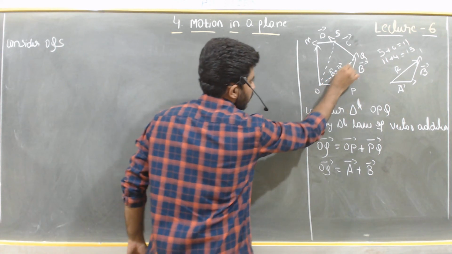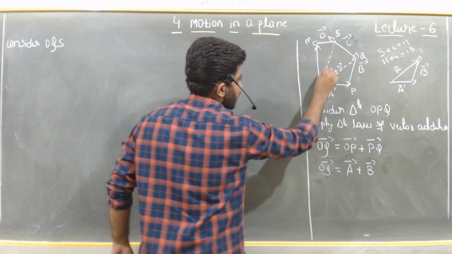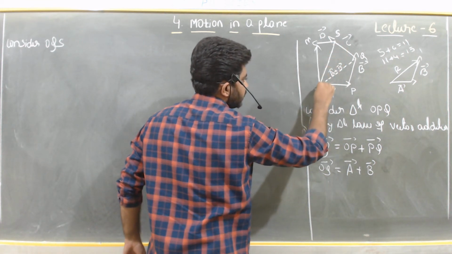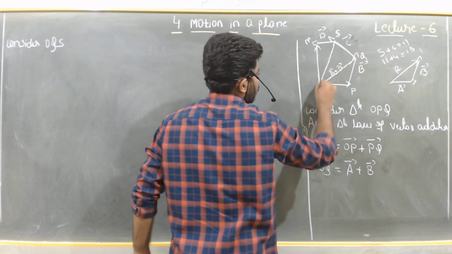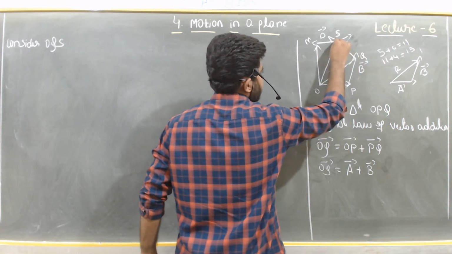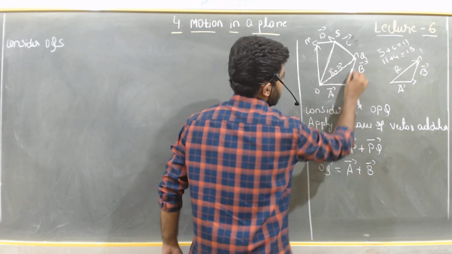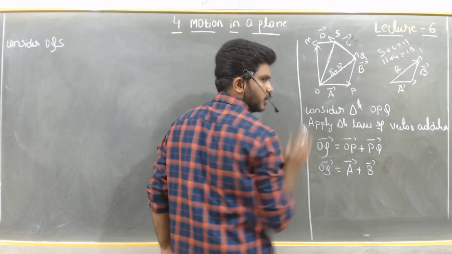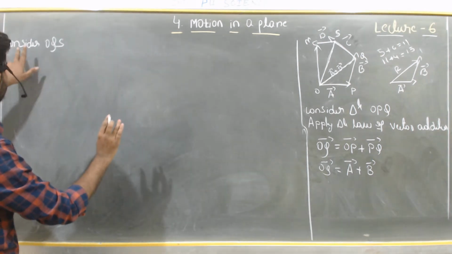OQS, and this is one triangle. Simply I will try here. ಹೌದ್ರಿ, ಇನ್ನೂ ಒಂದು ಟ್ರಯಾಂಗಲ್ ಆಯ್ತು ನಮ್ಗೆ ಇಲ್ಲಿ. ಯಾವುದು, O ನಿಂದ Q, Q ನಿಂದ S, S ನಿಂದ O. ಫಸ್ಟ್ ಯಾವ ಟ್ರಯಾಂಗಲ್ ಆಗಿತ್ತು, O ನಿಂದ P, P ನಿಂದ Q, Q ನಿಂದ O. ಅದೇ ಥರ ಇನ್ನೊಂದು ಟ್ರಯಾಂಗಲ್ ನಾವು ತಗೊಳತ್ತಿದ್ದೆವು, OQS. ಅಂದ್ರೆ ನಾವು ಯಾವ್ದು ಮಾಡಬೇಕು, ಕನ್ಸಿಡರ್ OQS